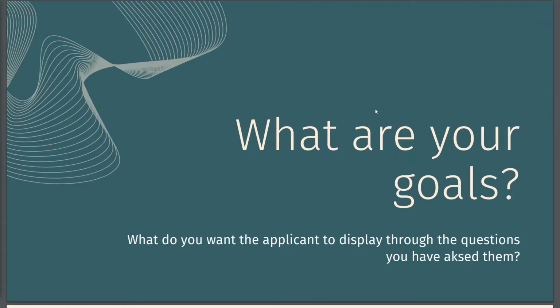So, talking about creating an application, the first thing you want to set out is what your goals are. By goals, I don't mean your vision. I mean what you are seeking in your applicants. Are you more looking at creativity, and you want your applicants to showcase their creativity through their applications? Or do you want to see somebody who's motivated? Do you want to see somebody who knows what their goals are? That's all something you can see through their application if you structure your